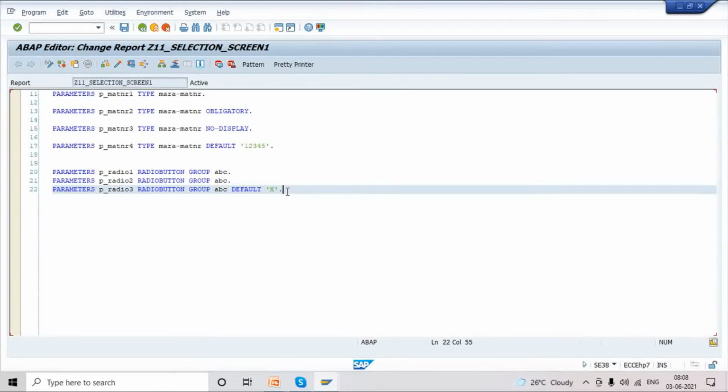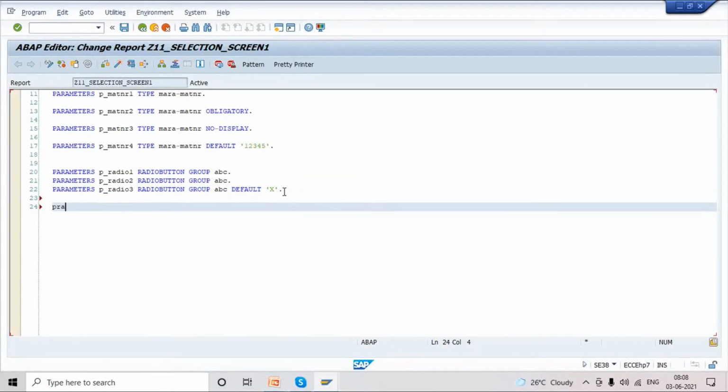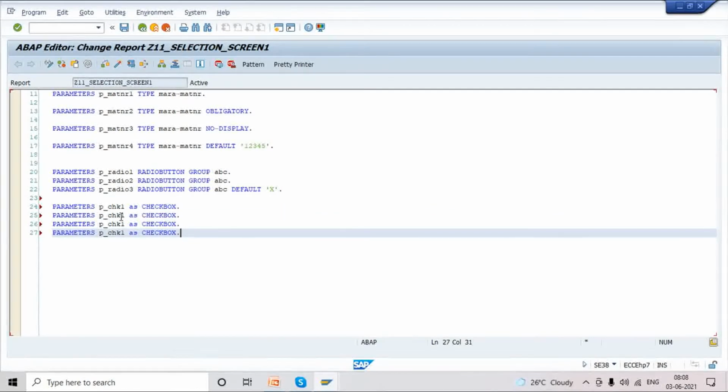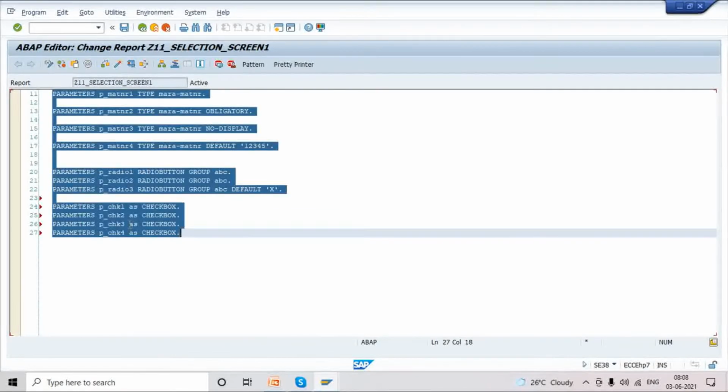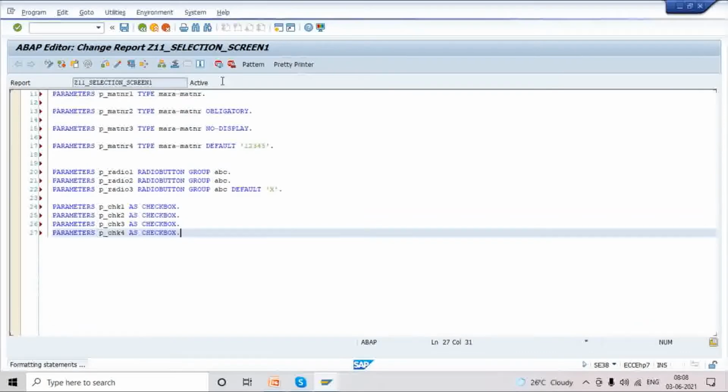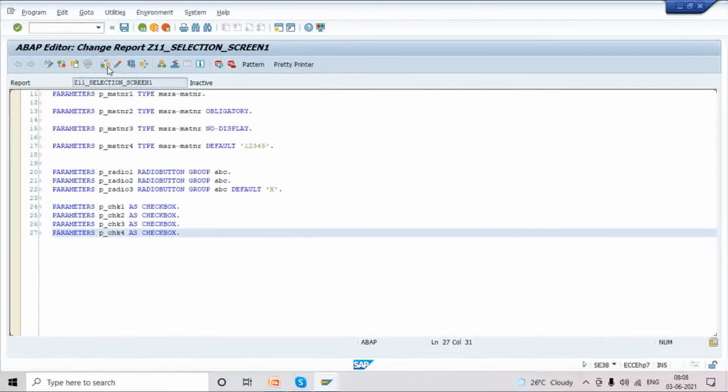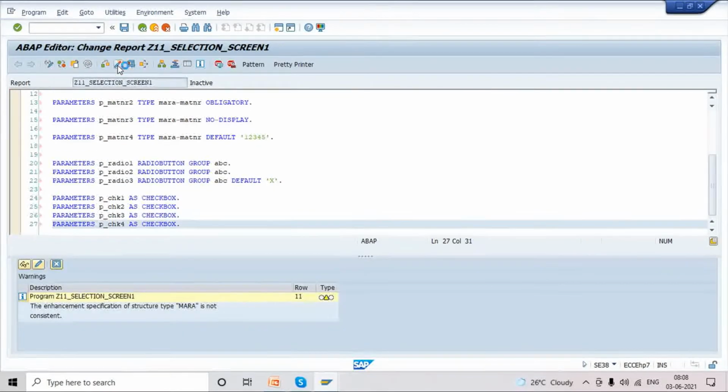So I'll go to the next one, checkboxes. P_check1 AS CHECKBOX. I'm creating 4 checkboxes. Checkboxes allow us to select all, or we can select 1 or 2 values also.